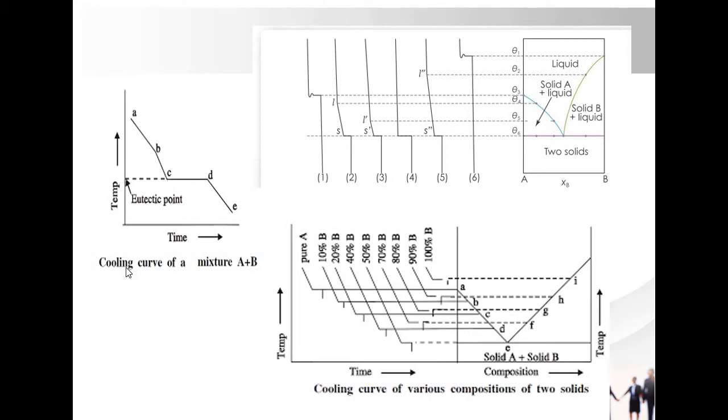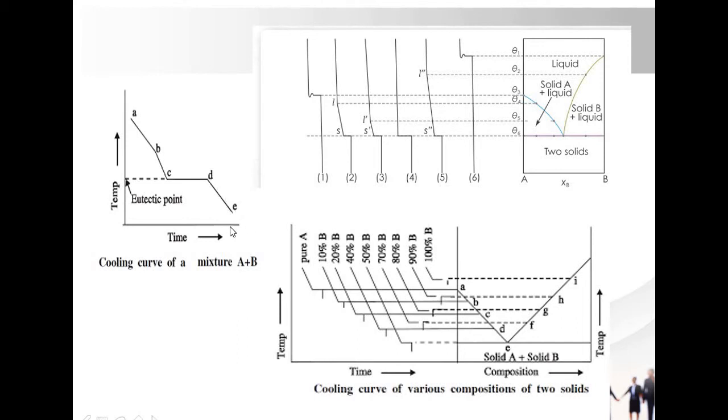At C, the second solid also begins to crystallize, and along CD, separation of both X and Y occurs, okay. And at D, there is a complete solidification of this mixture, and the temperature remains constant from C to D until solidification has completely taken place, and further cooling results in fall of